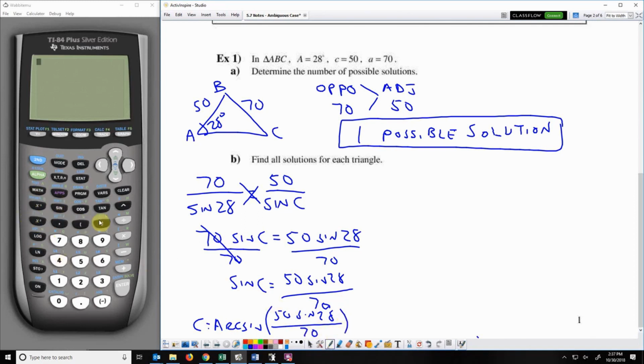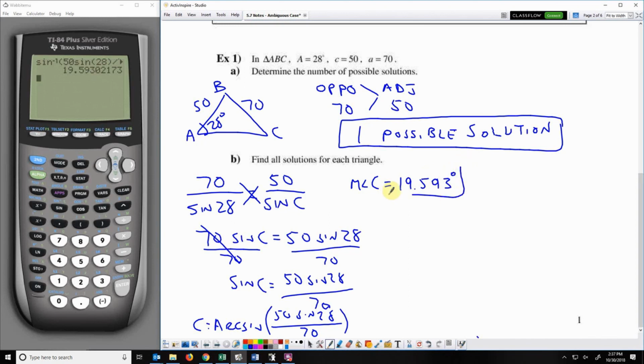In my calculator, second sine, so now I've got arc sine, 50 sine 28, close those parentheses, divided by 70. And I get 19.593. I'm actually going to keep 3 decimal places here. So for angle C, I've got